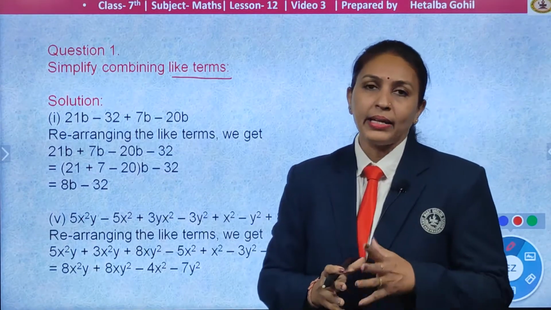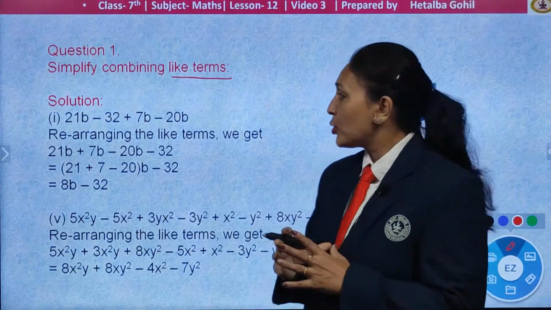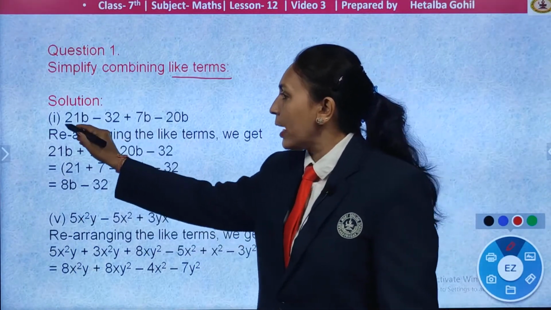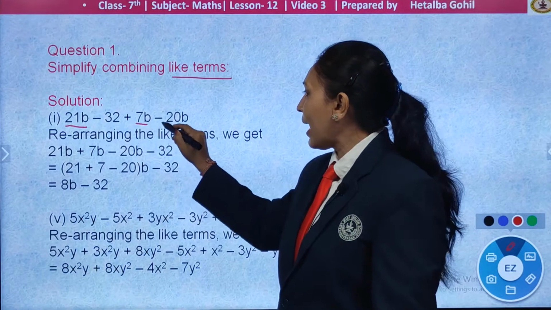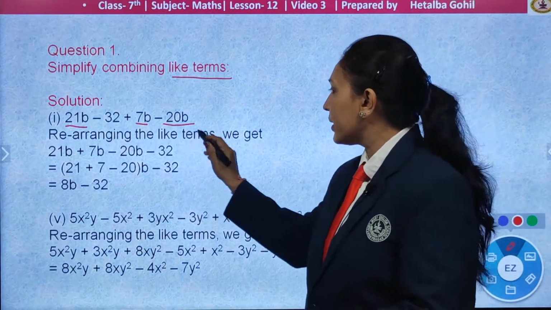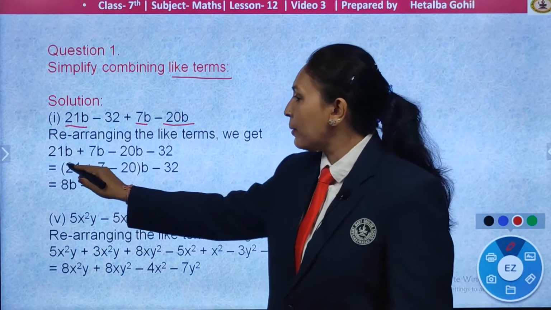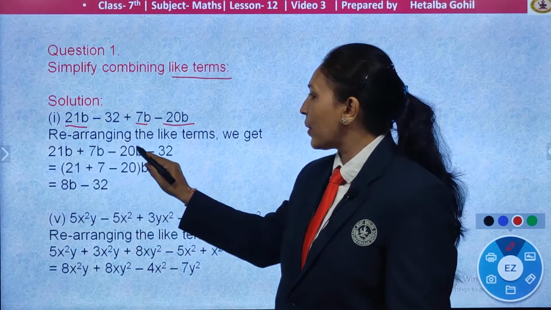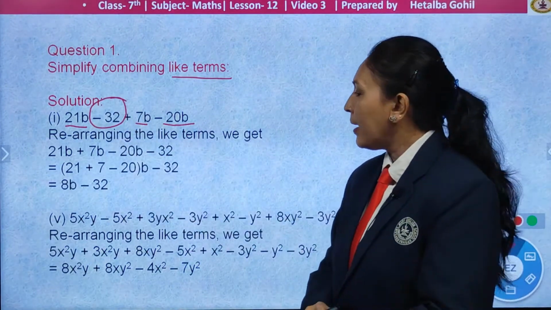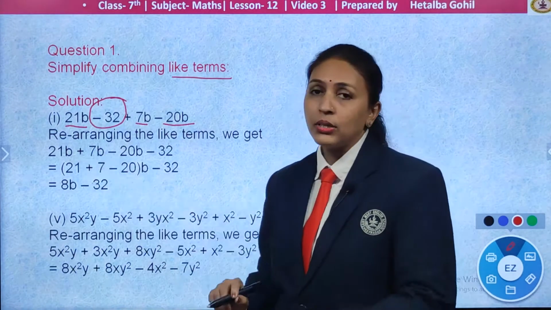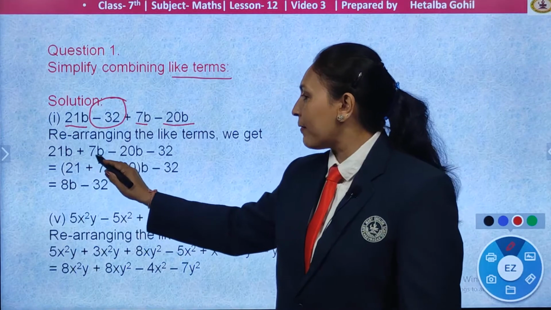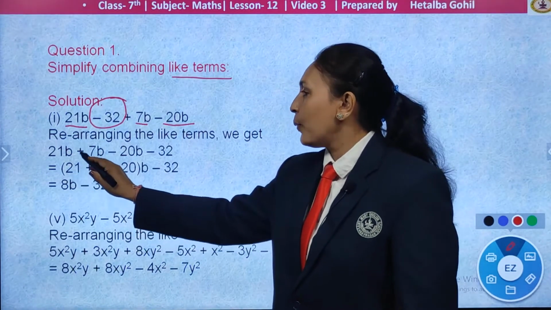Now children, whenever you get a question, your first focus should be on finding the like terms, the same variables. Okay, 21b, 7b and minus 20b are the like terms here. So rearranging the like terms we get 21b plus 7b minus 20b, and what is left out, minus 32, you can put it at last. Now what we have to do here is use the rules of plus and minus. 21 plus 7 you get 28, 28b